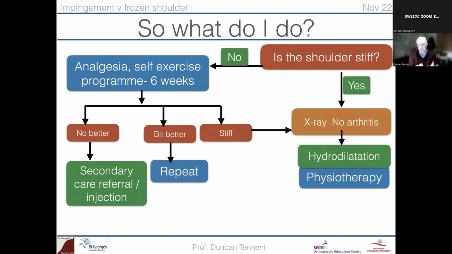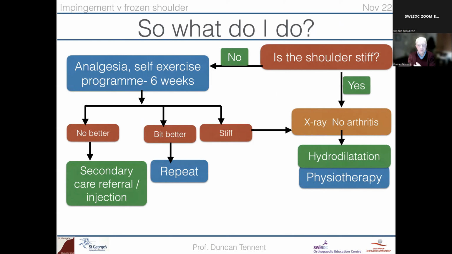Roughly, this is a very crude algorithm. When they turn up, the first question you ask is: is the shoulder stiff? Because if it's stiff, then you should really be heading down the route of, is this a frozen shoulder? So the first thing you do is get an X-ray. And if it hasn't got any arthritis,